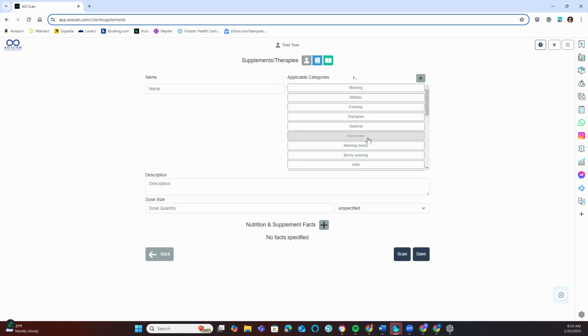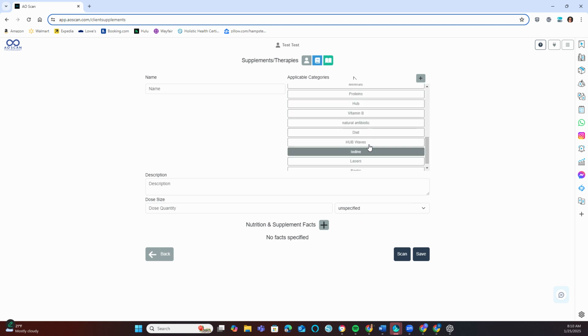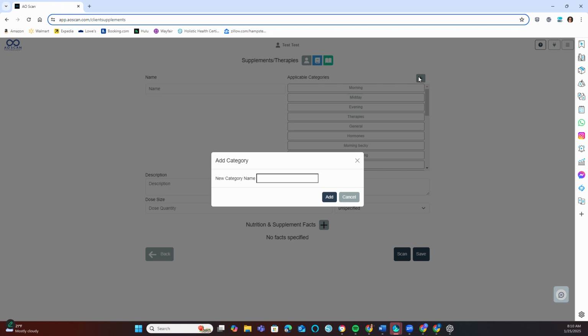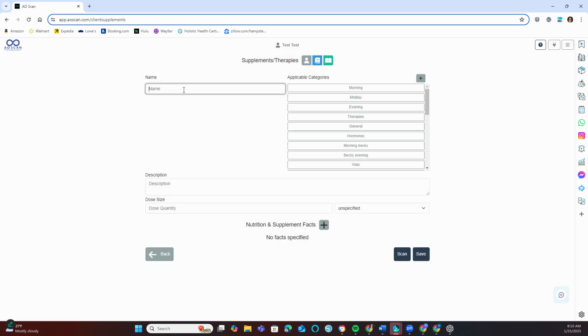So here you can see all the different, notice they have books, but here are the categories. I want to add a category. Hit that little plus up here. I'm going to call this testing 1, 2, 3. Hit add. And the name of the supplement is going to be testing. And the description is going to be